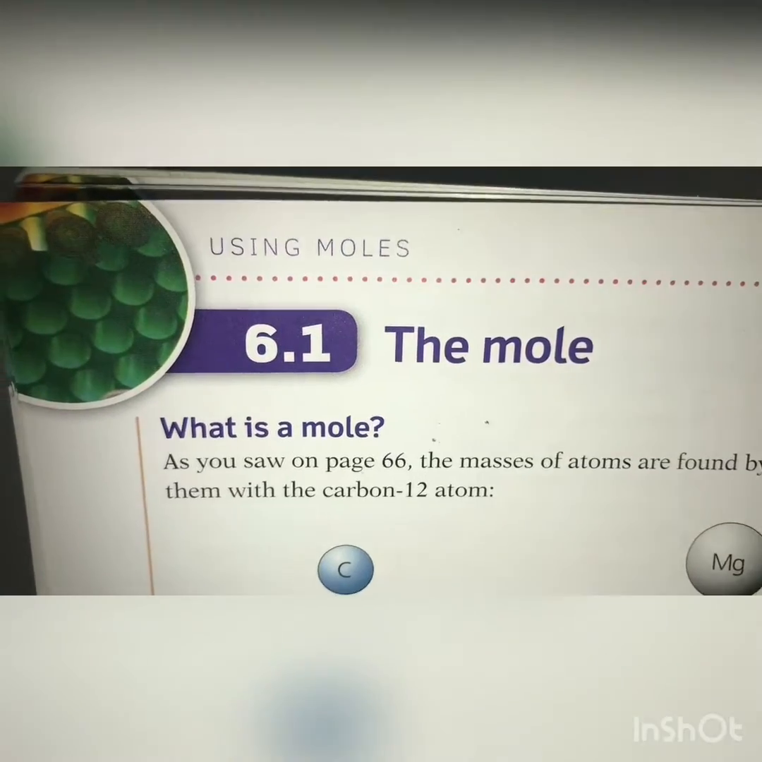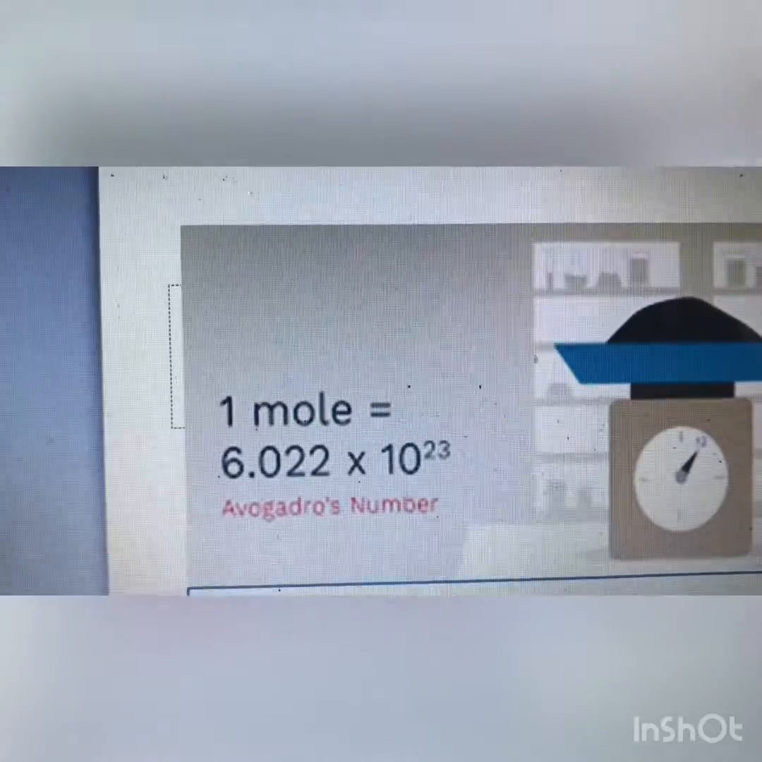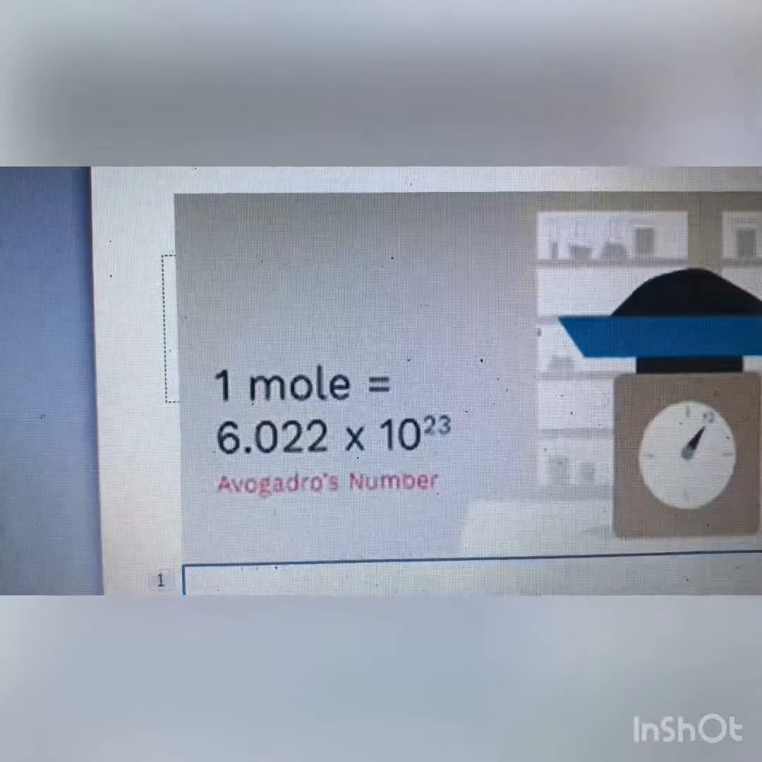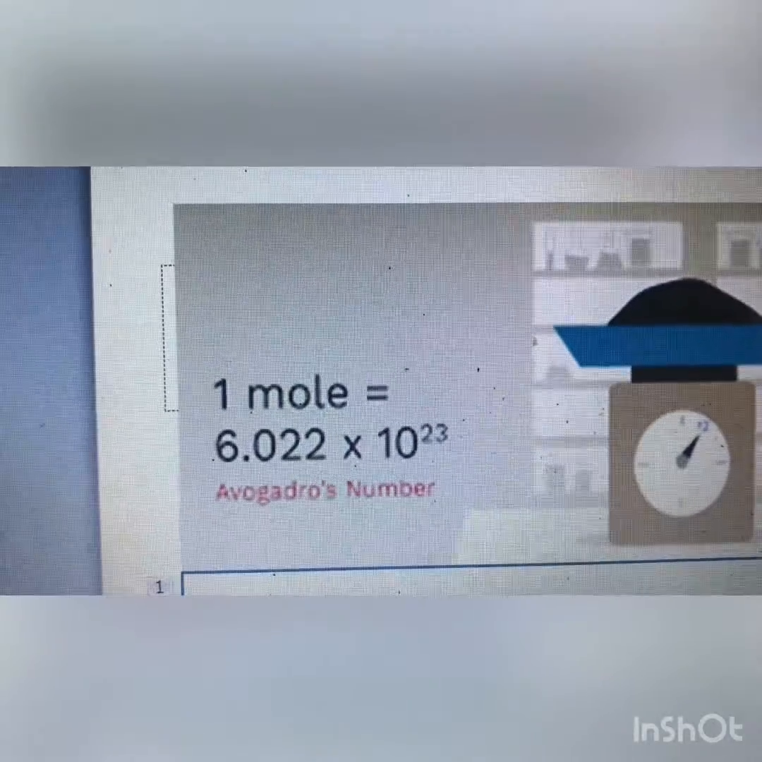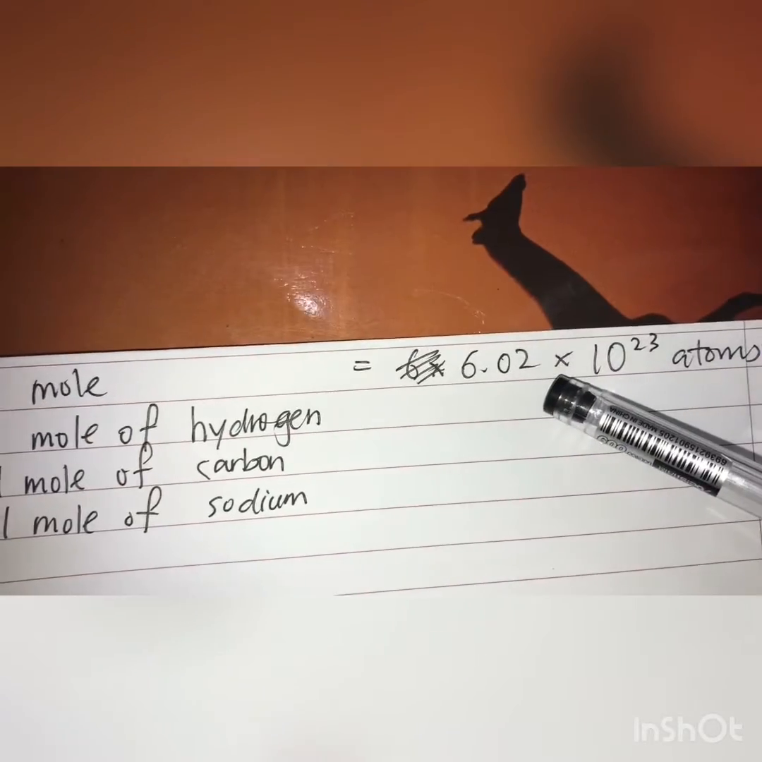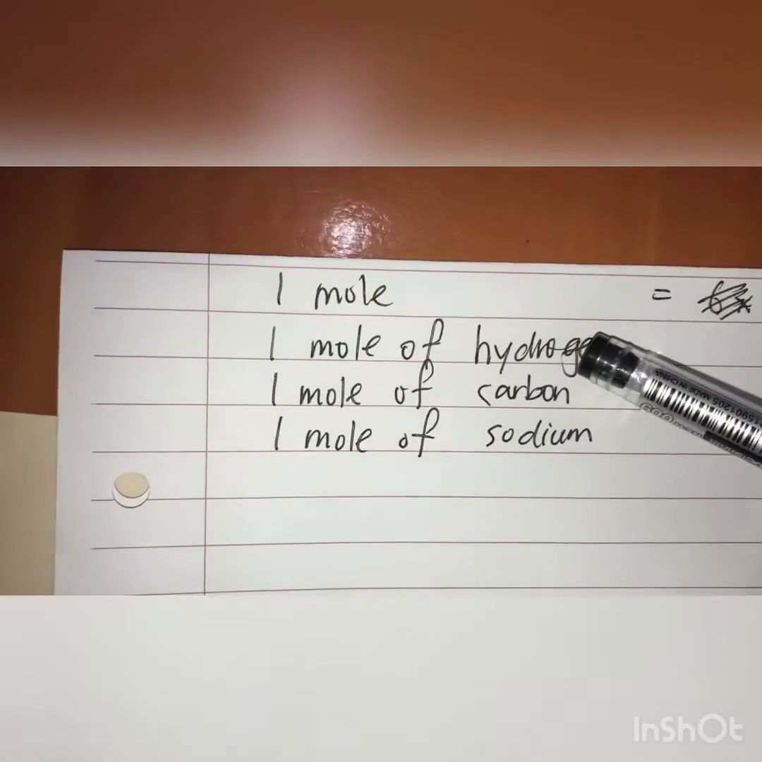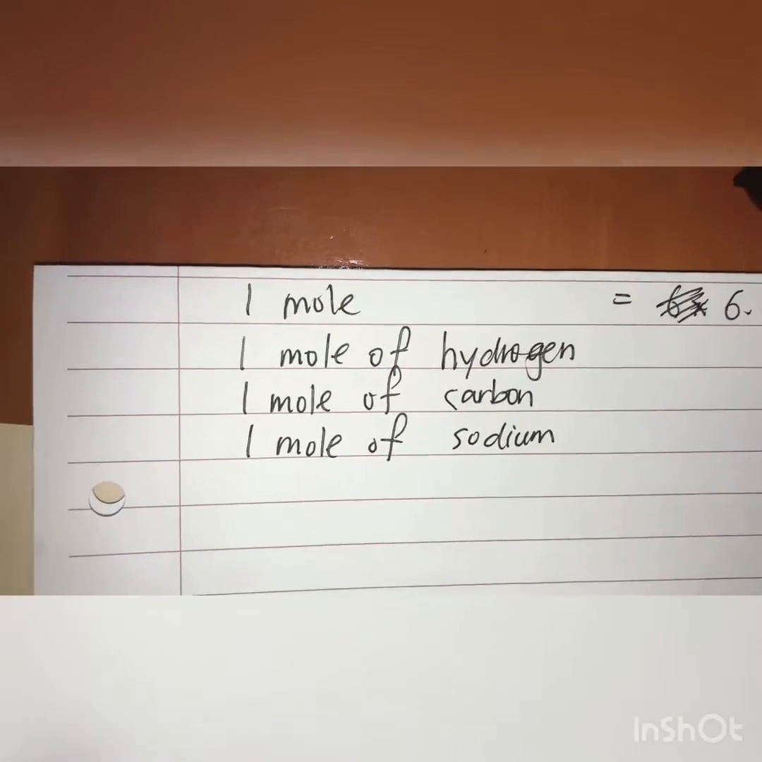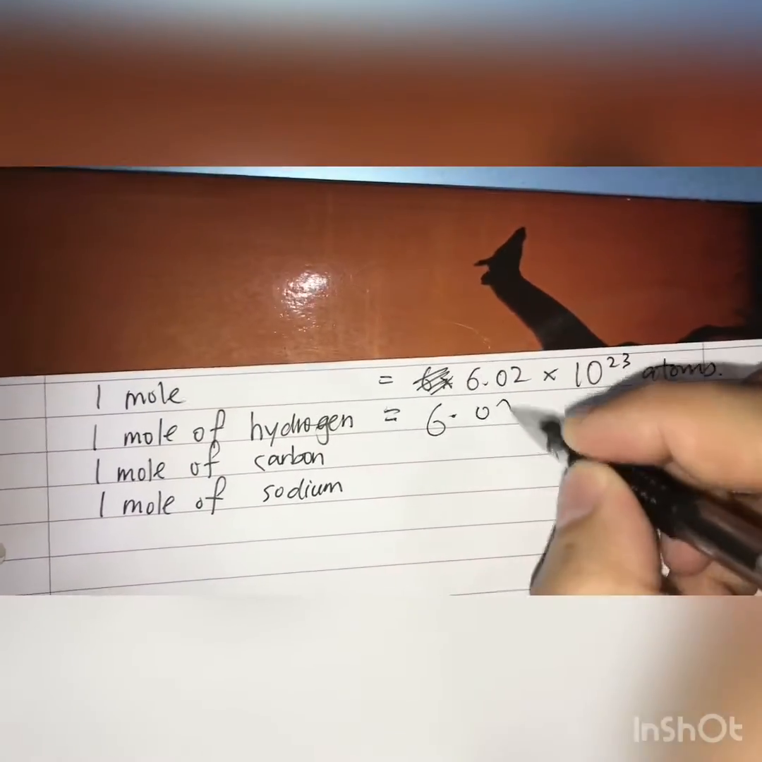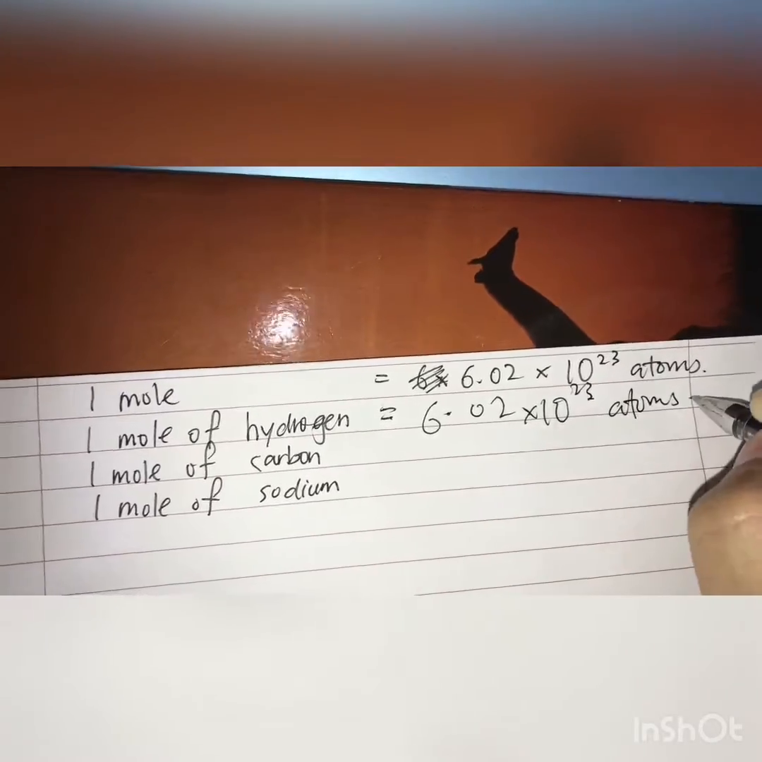Topic 6.1, the mole. According to Avogadro's number, 1 mole of all the elements equals 6.02 times 10 to the power of 23 atoms. Since 1 mole contains 6.02 times 10 to the power of 23 atoms, what about 1 mole of hydrogen, carbon and sodium? So the answer is the same thing. Okay, 6.02 times 10 to the power of 23 atoms of hydrogen,